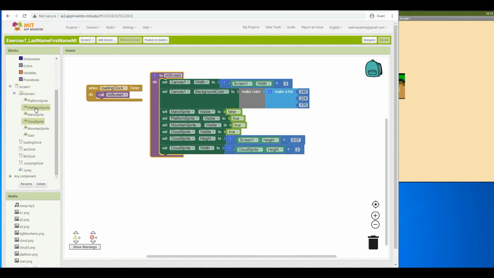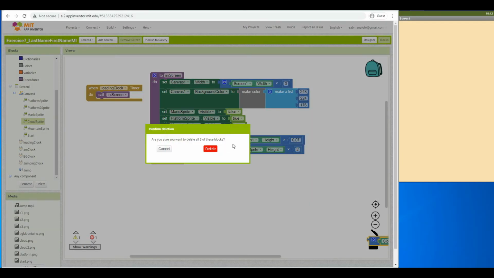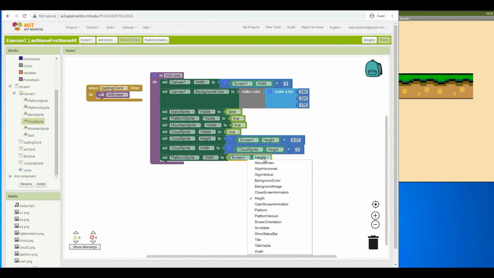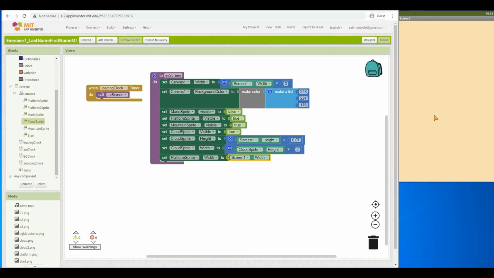So we will set the width of our platform. So let's duplicate this and change this to the first platform. Let's remove this and change it to the screen width. Okay, so let's duplicate Screen1 and change it to the screen width. So as you can see here in our output, we have the Screen1 width. And for the